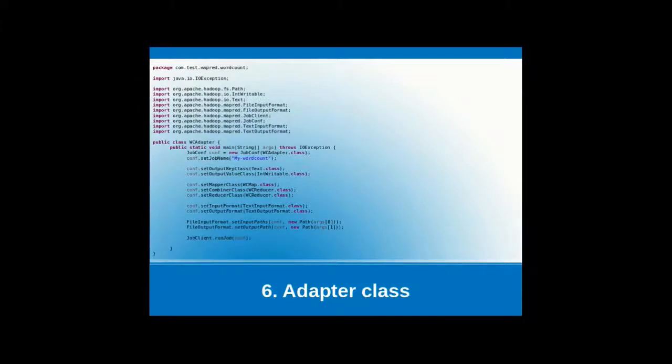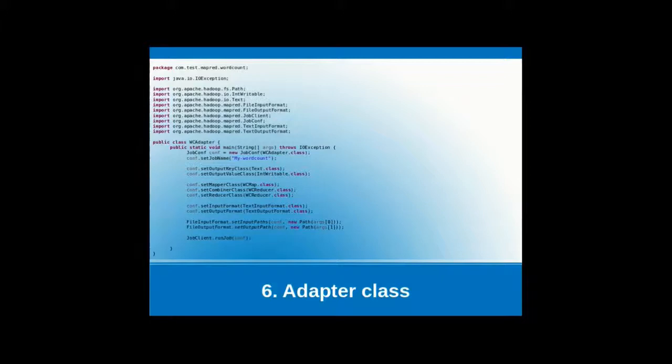We have to describe our job details by using the JobConf object. We create a JobConf object and set the job name, output key class, output value class, and the mapper class which we have just created. We also set the combiner class and reducer class, and give the input format, what type of input format we are working with for this job, and also the output format, how the output should be created from this job.